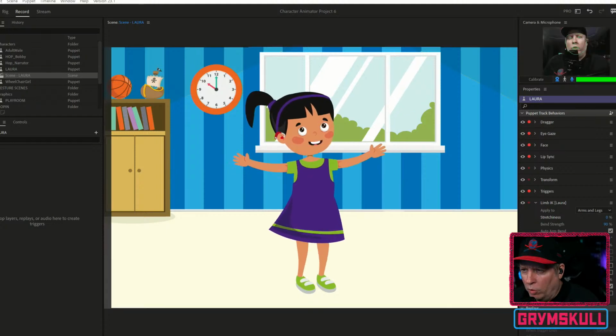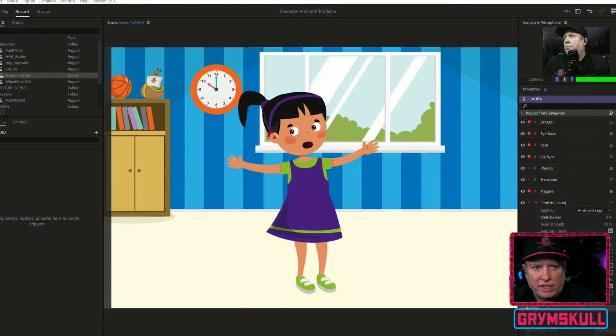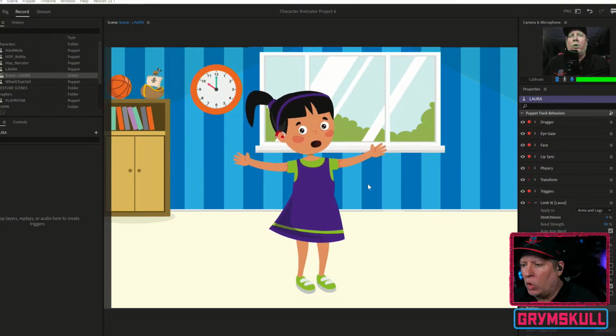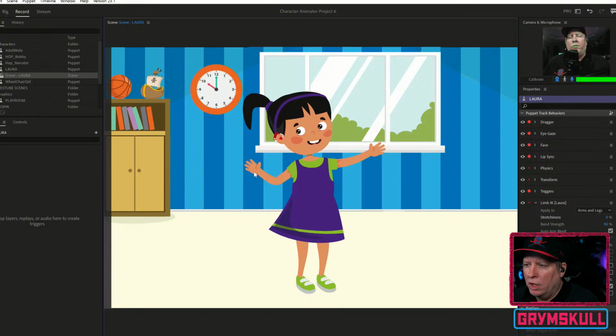We want to record some positions, right? We want to record some gestures. Now, unfortunately, with our arms, they're not going to go in front of her. We could, if we wanted, take one arm and put it in front. But I'm going to leave him in the back.